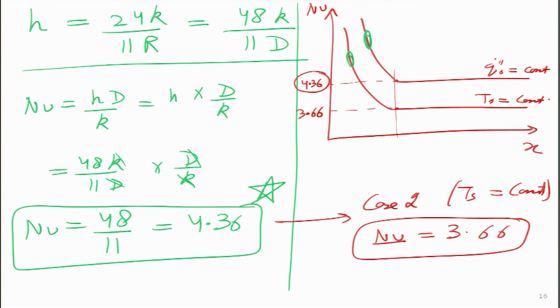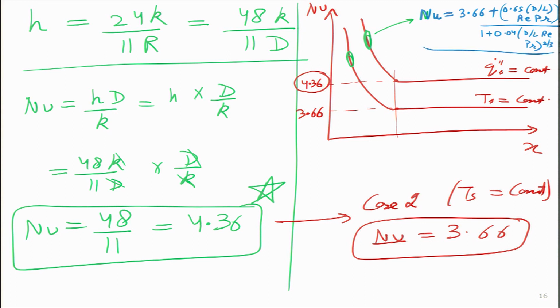Another way I can look at it is, for this entrance region also we have an expression. That expression will turn out to be very long. So, just for the interest of students, I can write over here. Here the Nusselt number is very long, it is 3.66 plus 0.65 multiplied by D by L multiplied by Reynolds into Prandtl. This whole thing is divided by, only the last part, not the plus part, 1.004 D by L Reynolds into Prandtl to the power 2 by 3.